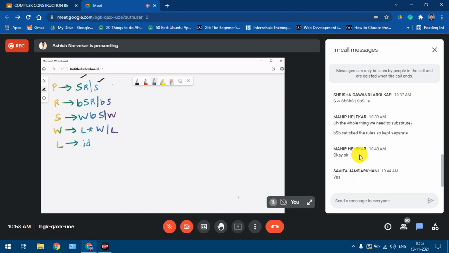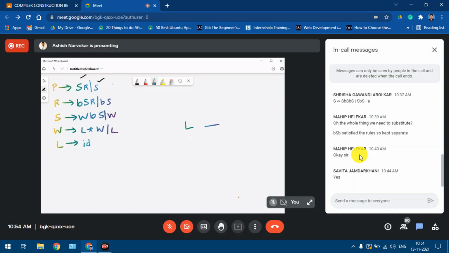Now word itself could be just a letter. That's the reason it gives only L. Okay, or a word could be a letter followed by more than one letter. That's the reason the asterisk is taken over here. Or it could be, of course, one or more letters followed by another word, a word as a whole.